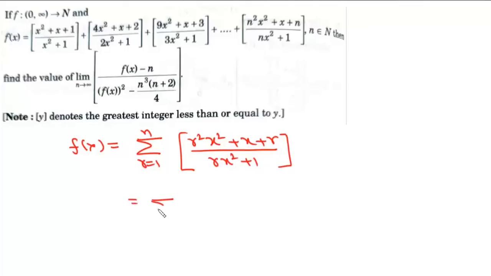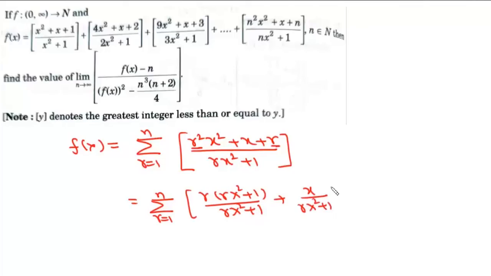Now we can write this as summation r varies from 1 to n, and we'll take these two terms together. We'll take r common. It will be r(r x square plus 1) upon r x square plus 1 plus x upon r x square plus 1. Now here r x square plus 1 will cancel, and since r is an integer, we can simply write this